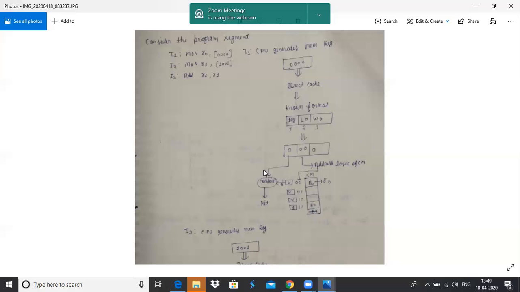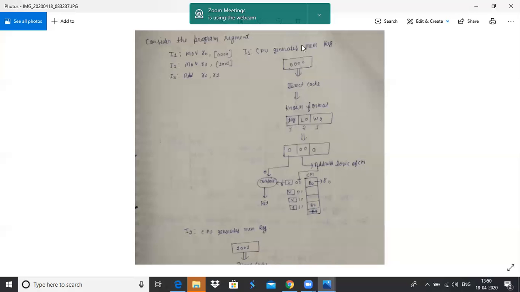The tag value is compared with this. This is also 0, this is also 0. So after comparing, it becomes a cache hit, meaning the block at address 0000 is already available in the cache memory, and the CPU will access this cache block, because the CPU generates a request for the block.